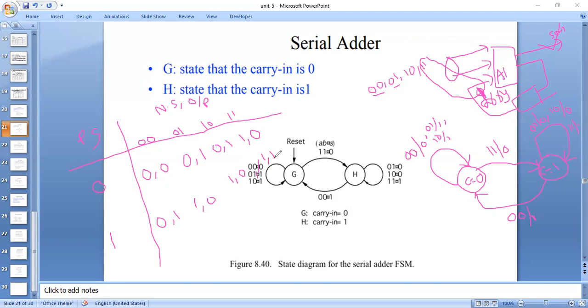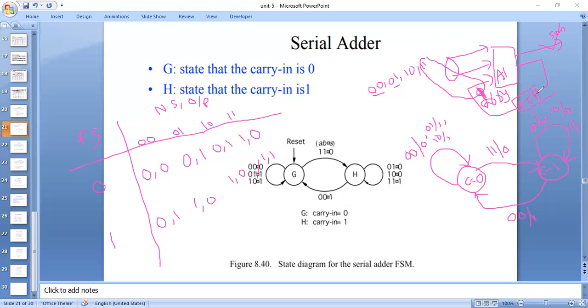And this serial adder you can construct by using D flip-flop. Why we are using D flip-flop is because of the output we are getting, some carry will come, that carry will be stored and that same carry will be applied as input to this serial adder. So for storing purpose what we are using here, D flip-flop. In a D flip-flop, whatever we give as input, we get the same at the output. So that's why we are using D flip-flop here, right?